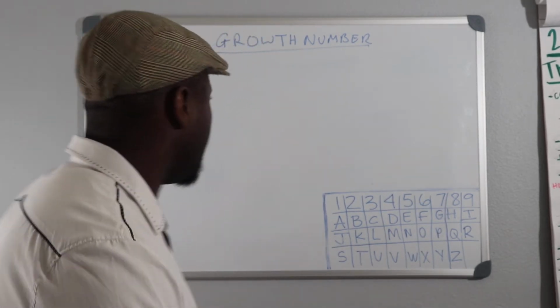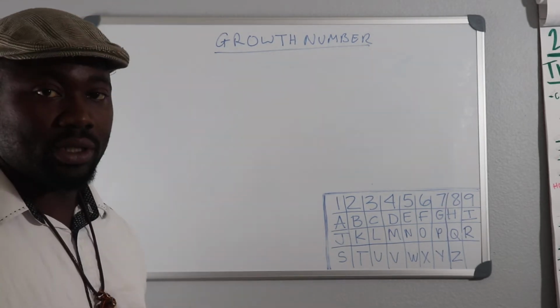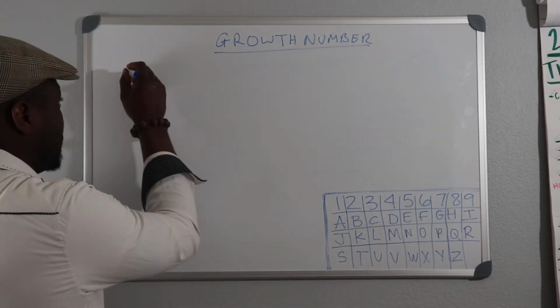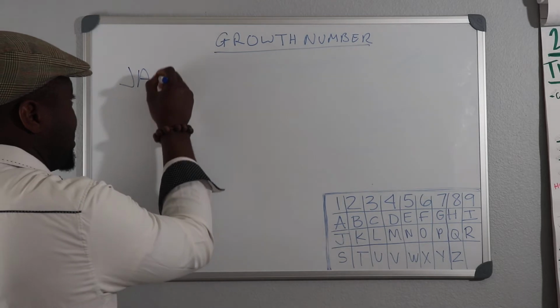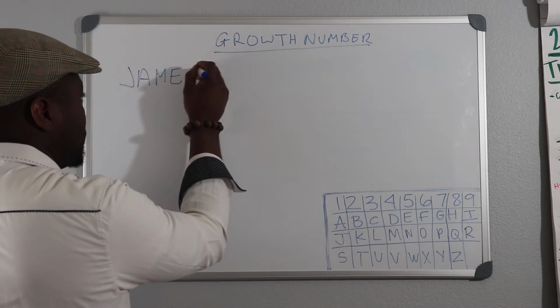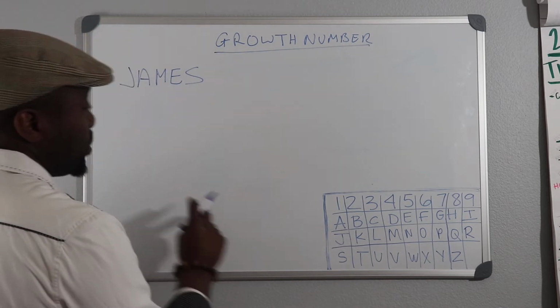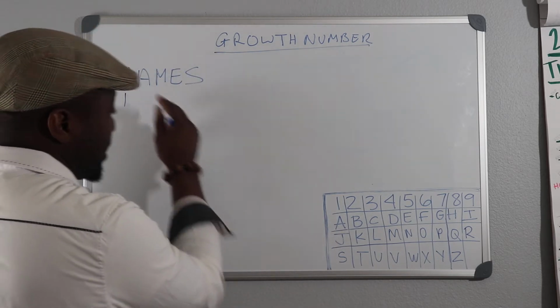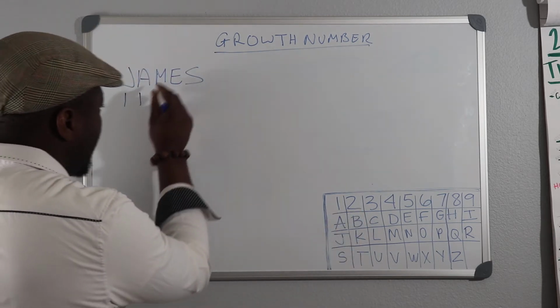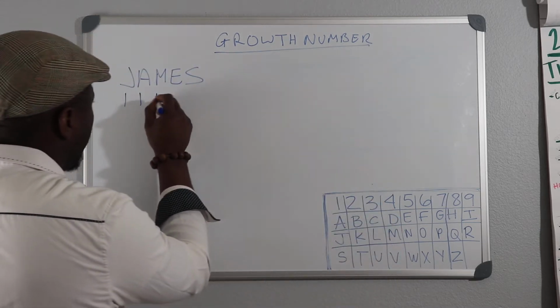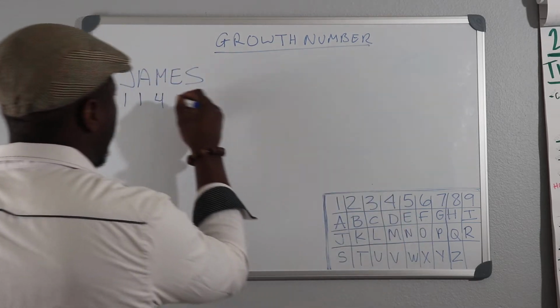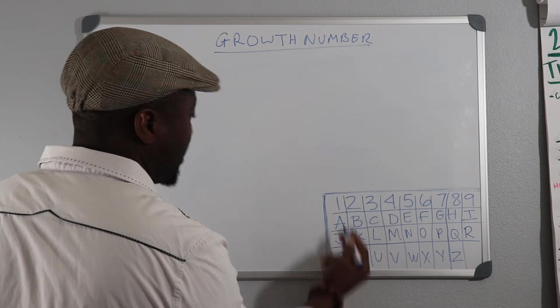All right, so let's talk about growth number. We're gonna use the name James, for example. James could be from James Brown. Okay, James, we're gonna go J, we got a 1, we got an A, we got another 1, we got a M, we got a 4, we got an E, we got a 5, we got a 1 right here,